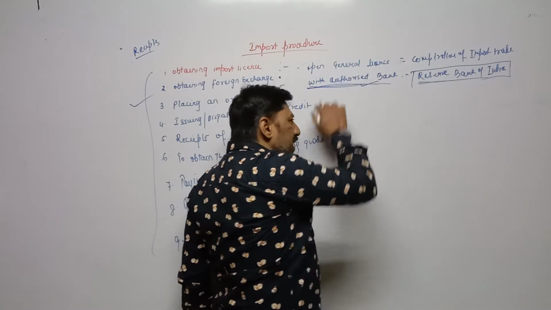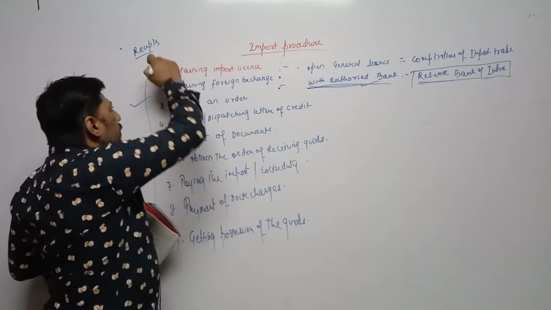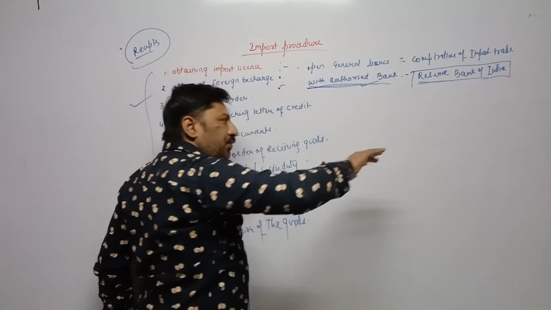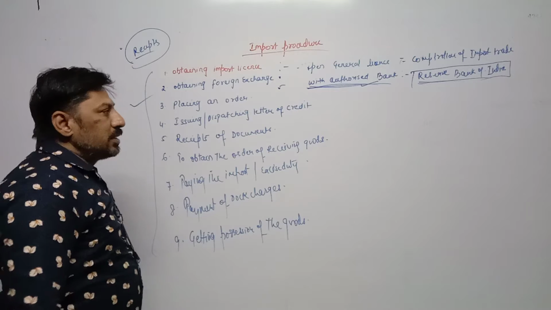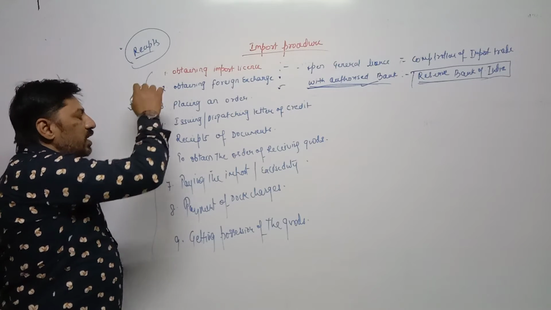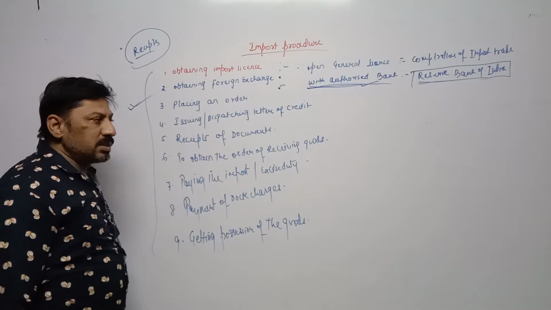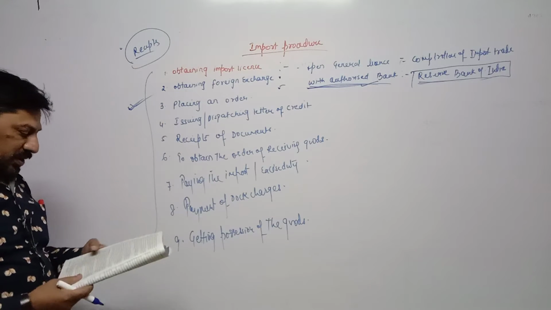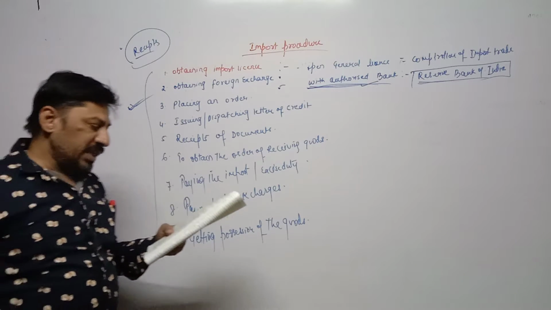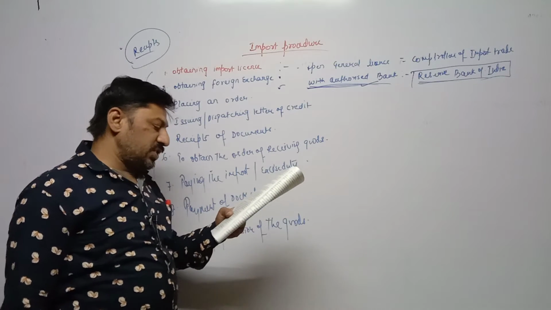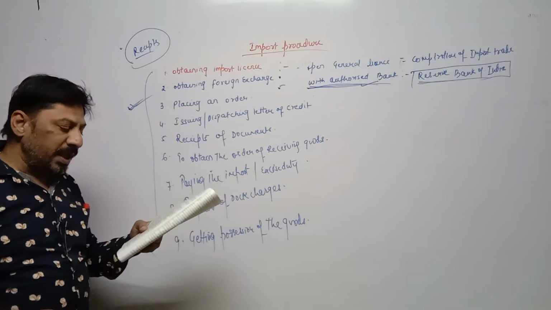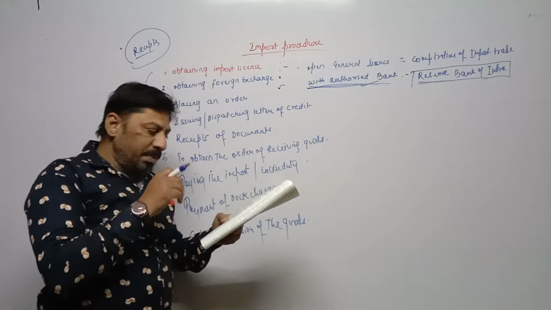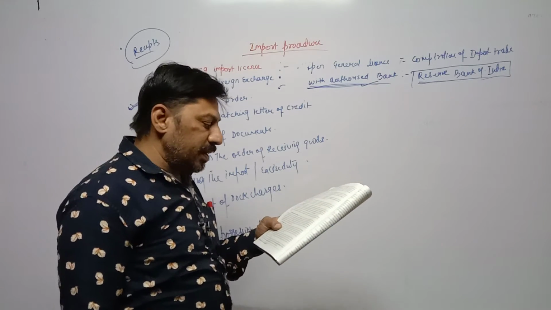Once they give some receipts, then we have to submit that receipt with the RBI, and if RBI has given permission, then only we are in a position to convert Indian currency into foreign currency, which means we are able to import goods or services. Once again, first an application is to be sent to the bank permitted by the government for foreign exchange trade, before applying to the Reserve Bank of India.